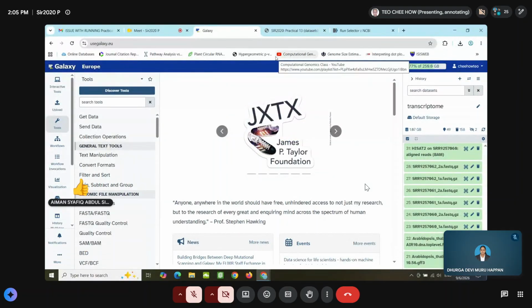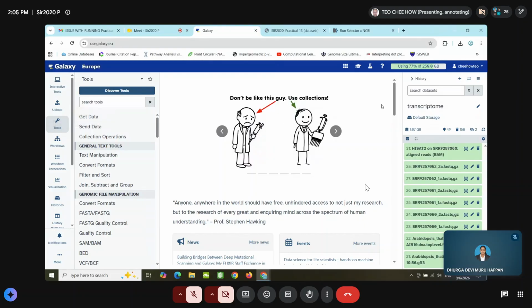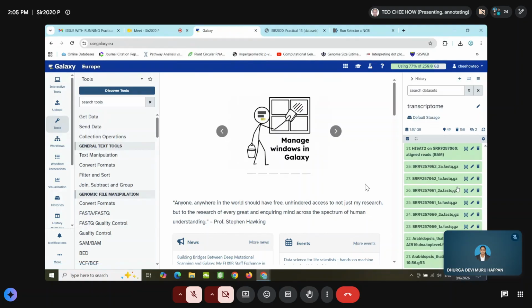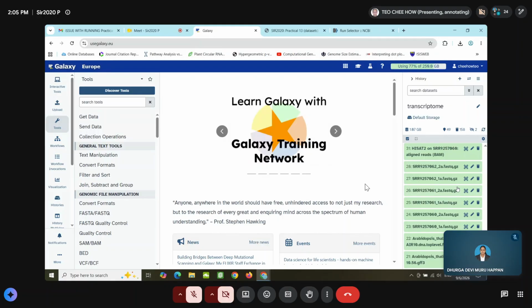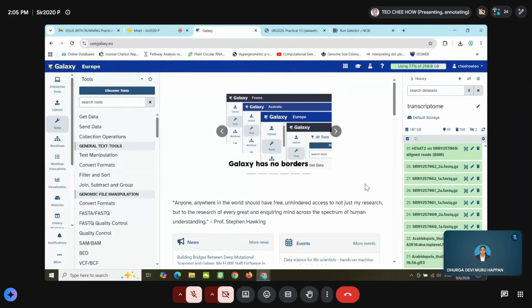Okay. So basically for the transcriptome, since we are not doing the de novo transcriptome, we are using a reference-based transcriptome. So what we actually need is the genome file, in this case Arabidopsis thaliana, right?